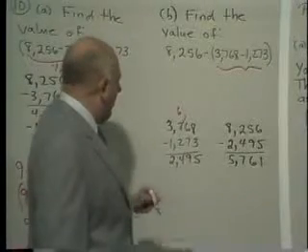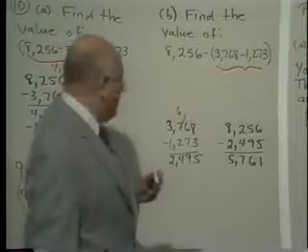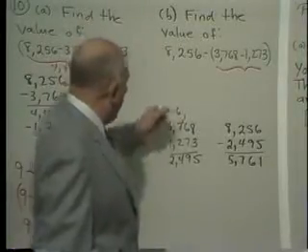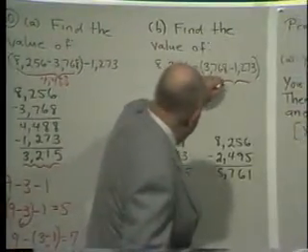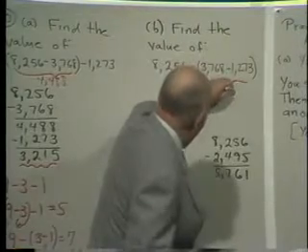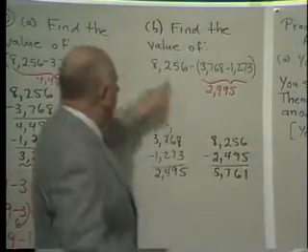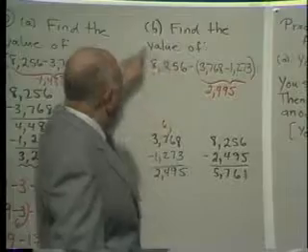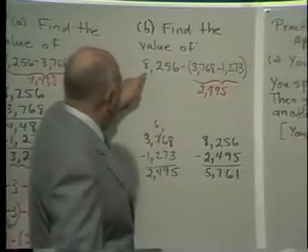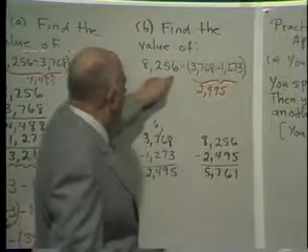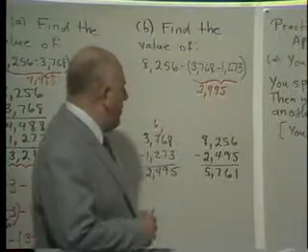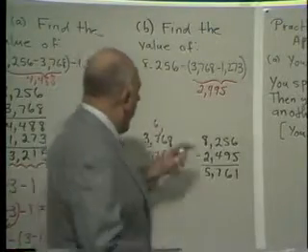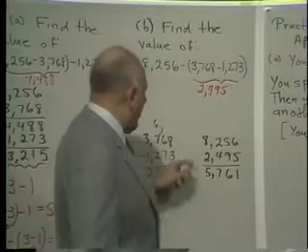get 16 tens. Anyway, getting back to our immediate problem, all that part shows me is that the part inside the parentheses is 2,495. Now what does the problem say? The problem really says find the value of 8,256 minus 2,495. So now I take the 8,256 and subtract